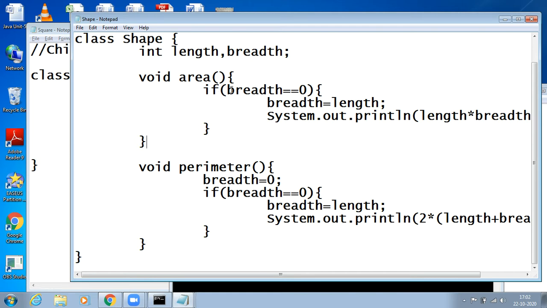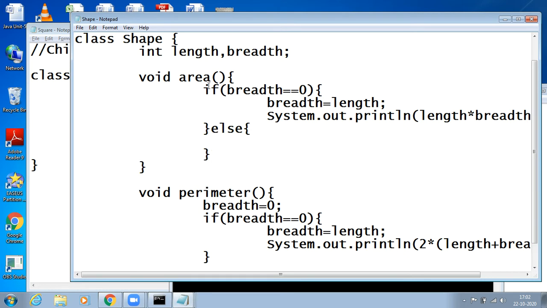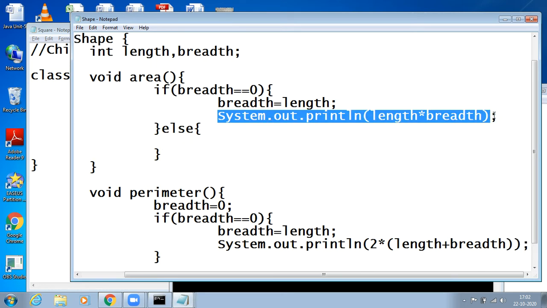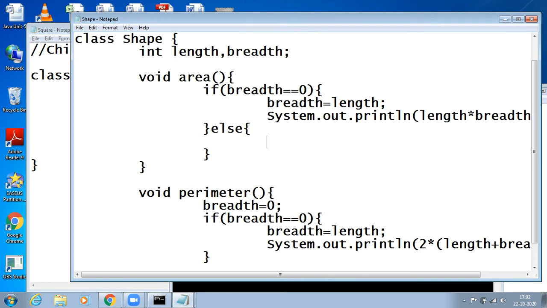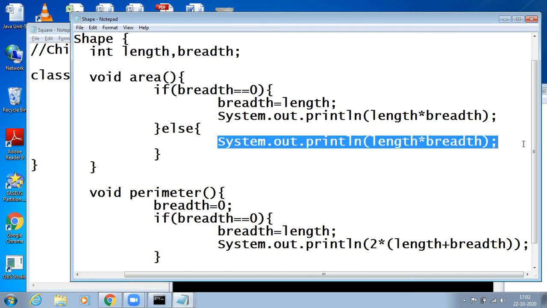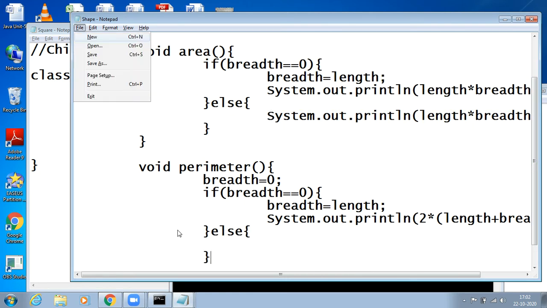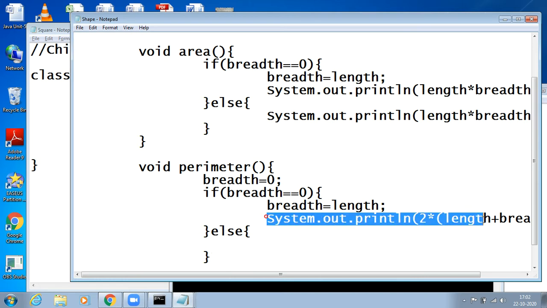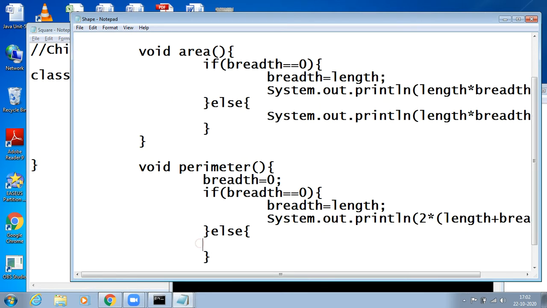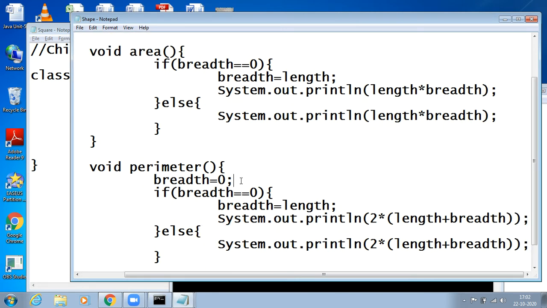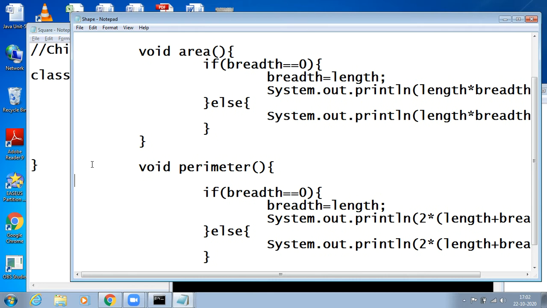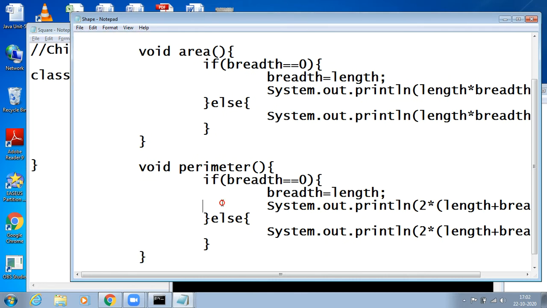I can change the logic here saying that if breadth equal to 0, I wrote, right? If breadth is not equal to 0, I can even write some other kind of condition, say an else part here, and in the else part I can keep a condition, copy and paste. This will go for the else part of rectangle, and if you keep another else part here, that will go for the else part for rectangle again. Here we can even change this logic so that every time we write breadth equal to 0 if possible. Okay, done.